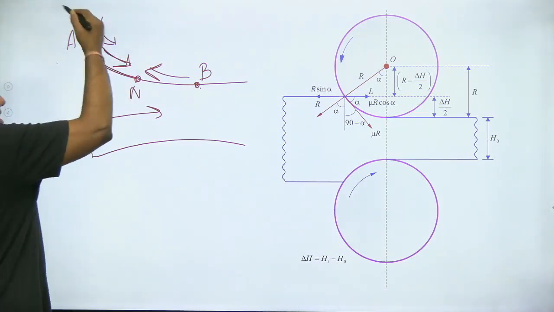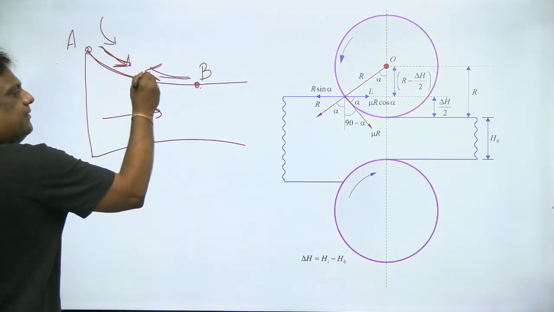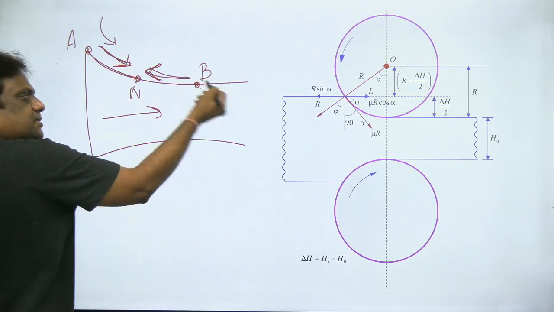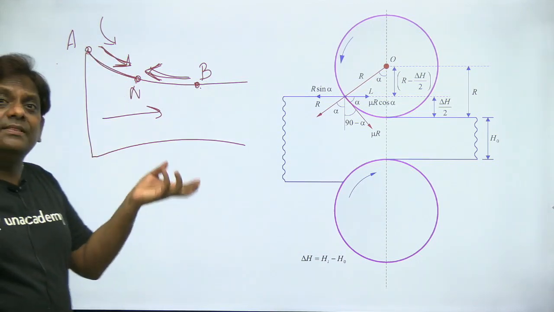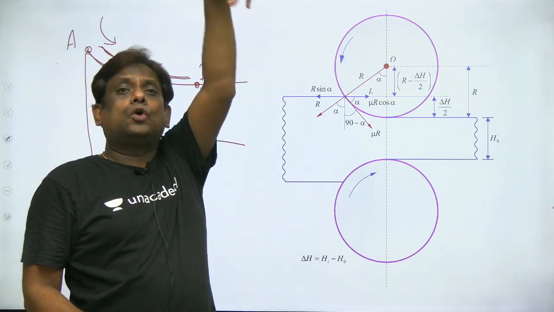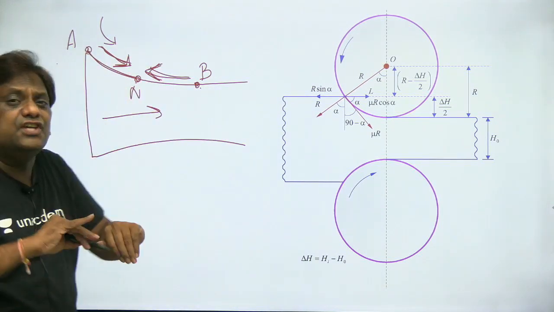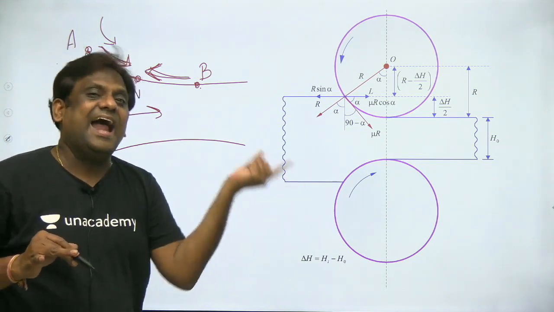So my roller is exerting a force like this. This is the direction of frictional force. But why in the leading zone is it in the opposite direction? Because in this zone my component velocity is more, and the roller velocity is less, so that will exert a retarding force. So the frictional force is opposite in the lagging and leading zones.